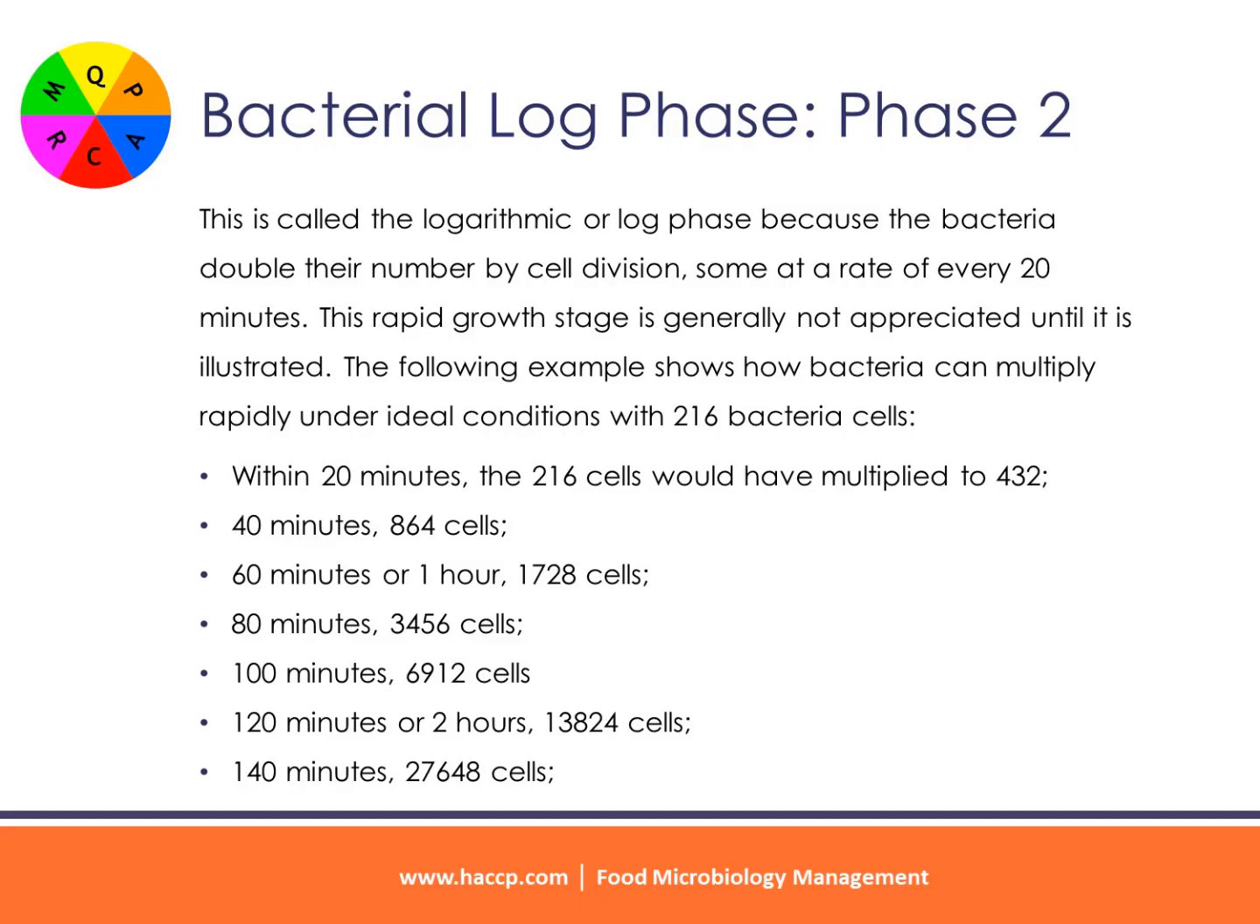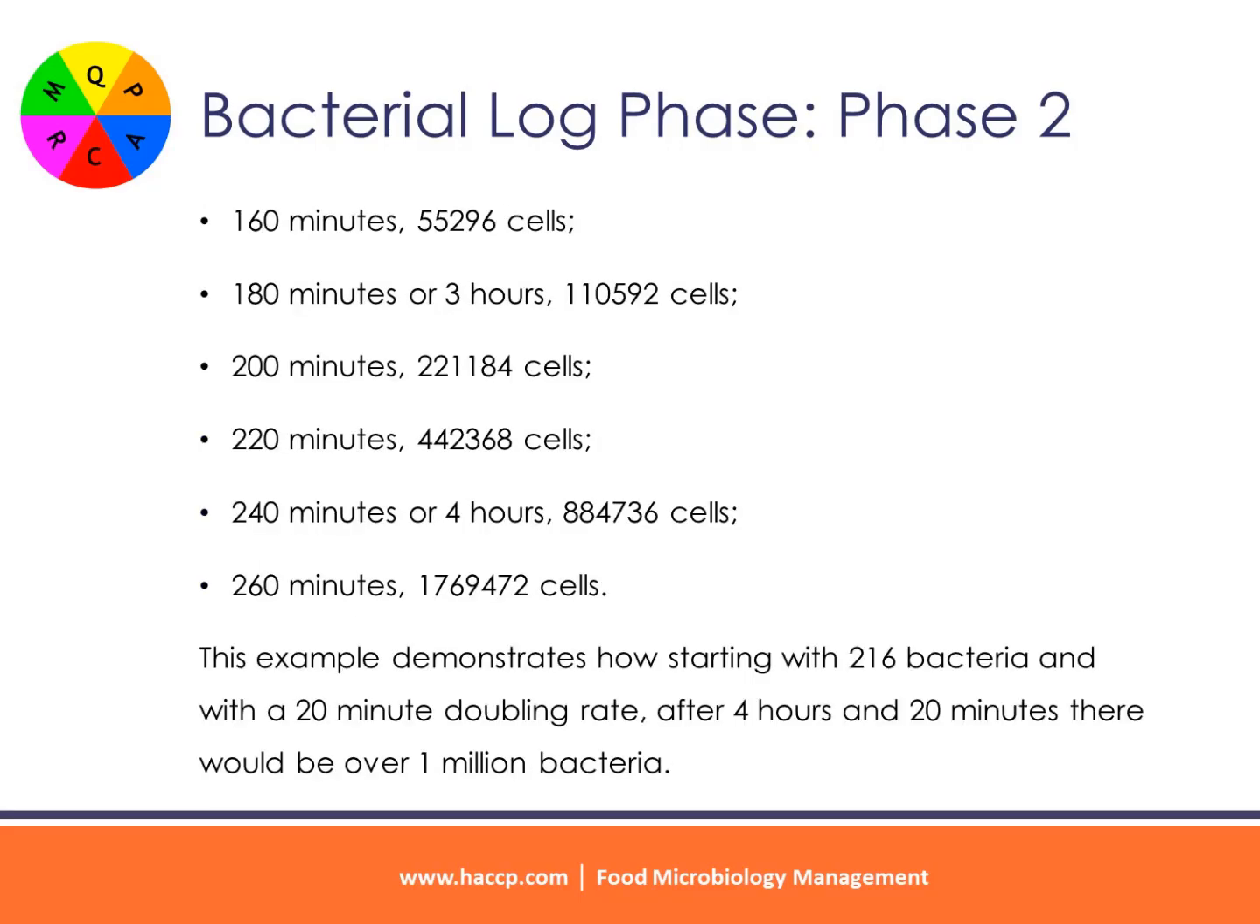80 minutes, 3,456 cells. 100 minutes, 6,912 cells. 120 minutes or 2 hours, 13,824 cells. 140 minutes, 27,648 cells. 160 minutes, 55,296 cells. 180 minutes or 3 hours, 110,592 cells. 200 minutes, 221,184 cells. 220 minutes, 442,368 cells. 240 minutes or 4 hours, 884,736 cells. 260 minutes,